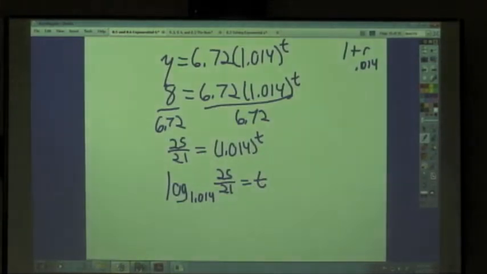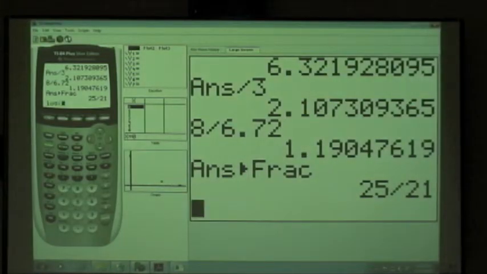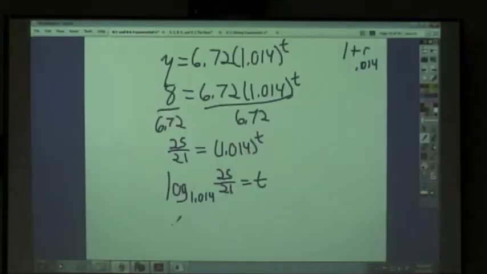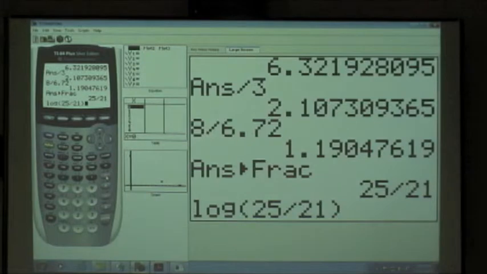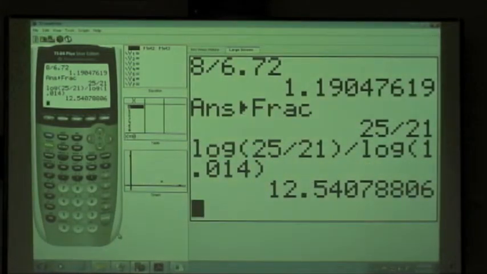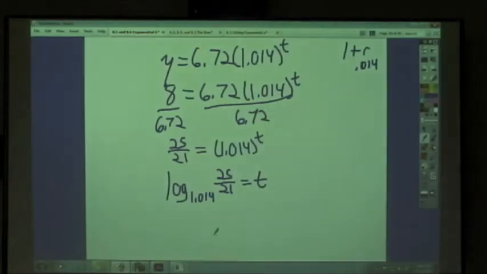And so then all I have to do is take out my calculator, do the log of 25 over 21. That's going to be the whole logarithm on the top part. And then on the bottom, I'm going to do the log of that base number. So I'm going to do divided by the log of 1.014. Got to be a little careful with that because there's so many numbers floating around there. Press enter and it says 12.54. So your time is approximately